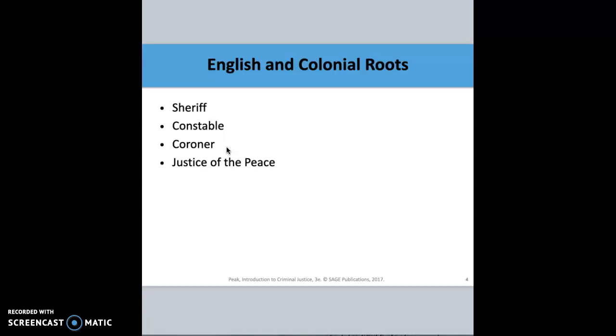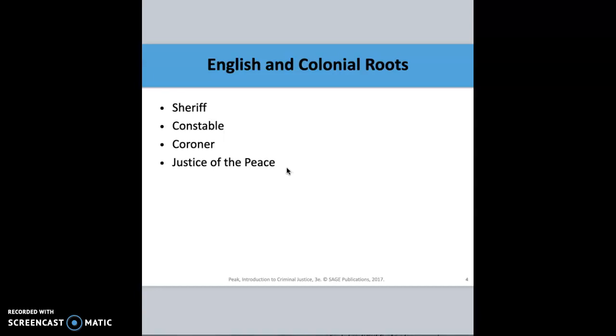Then you have justice of the peace, which also has its roots in England. It's a minor justice official who oversees lesser criminal trials. One of the early English judicial functionaries, can be traced back to as early as 1195 in England. And early justices of the peace were landholders, so people that have some level of influence and authority.